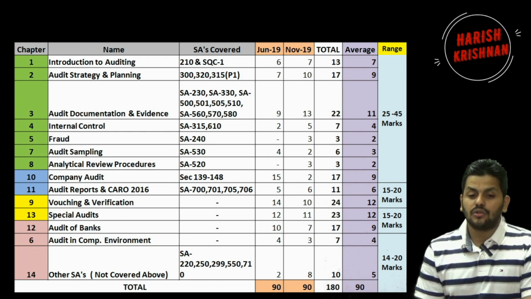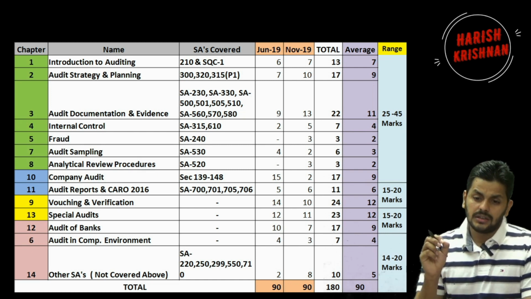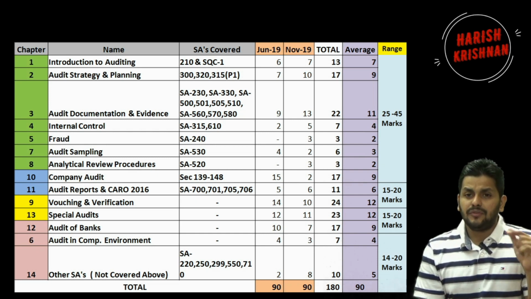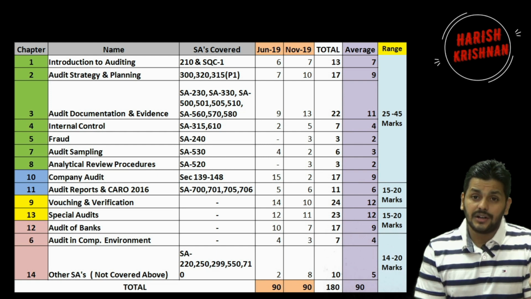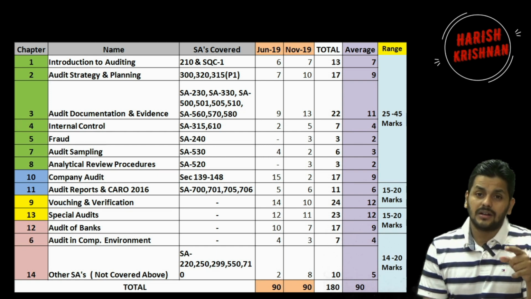And then also going by the small chapters. So fraud, audit sampling and analytical procedures, you can finish them faster. Chapters 1, 2, 3, you have to put your utmost focus and attention. In chapter 4, the concept of internal audit was obviously asked in true or false sometimes, or the limits are